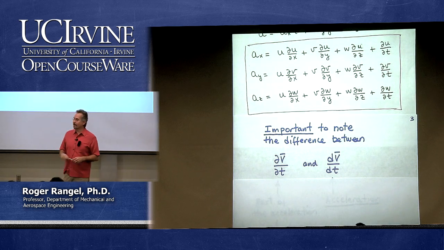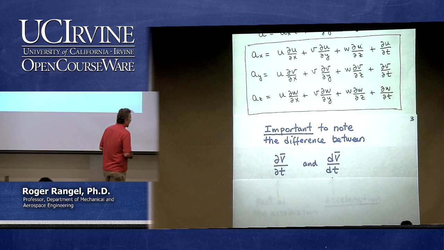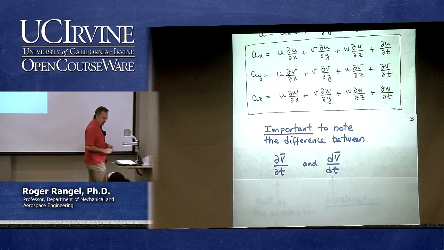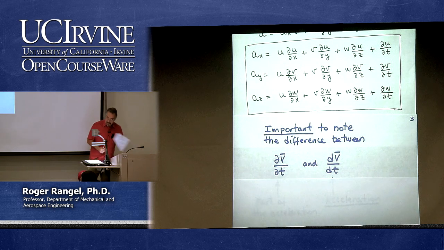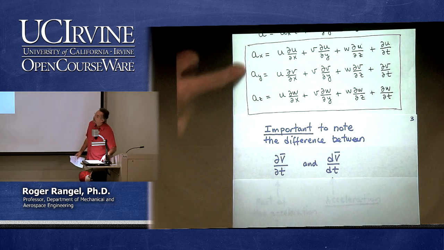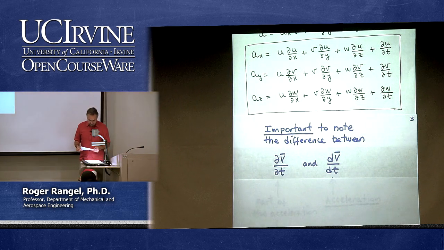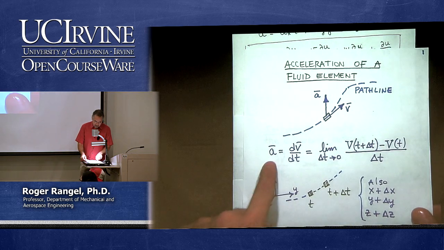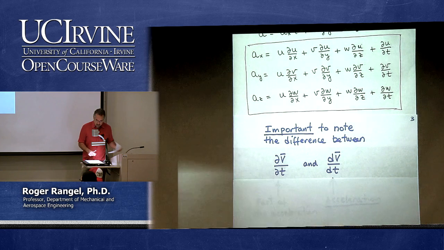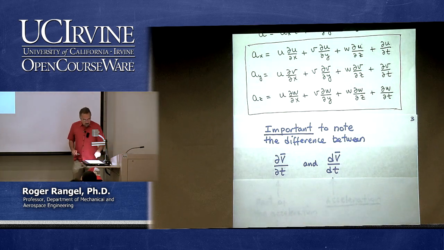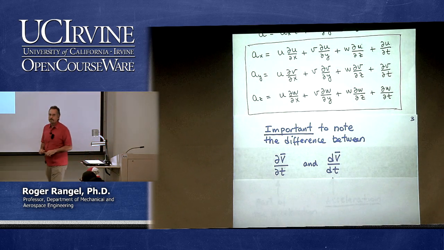That's the acceleration. That's what we just derived, right? This term on the right-hand side is the acceleration as we have just derived it. It has these three components, a sub x, a sub y, and a sub z. But it came from here. A is full dv dt, because that's a Lagrangian calculation. What is the other one? The partial v partial t.